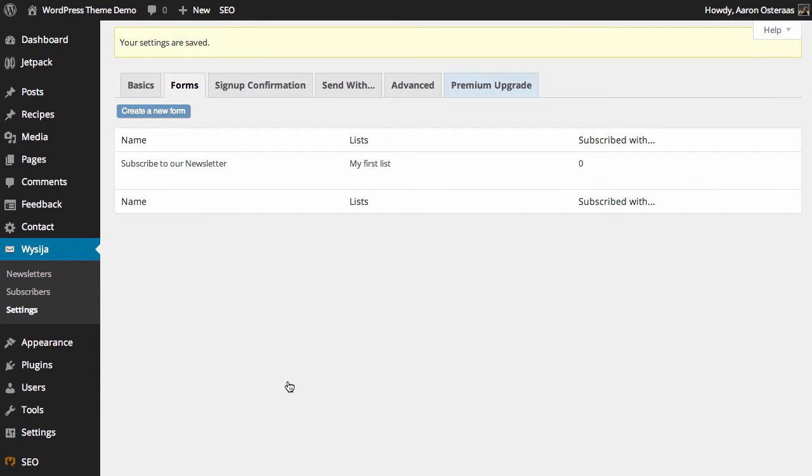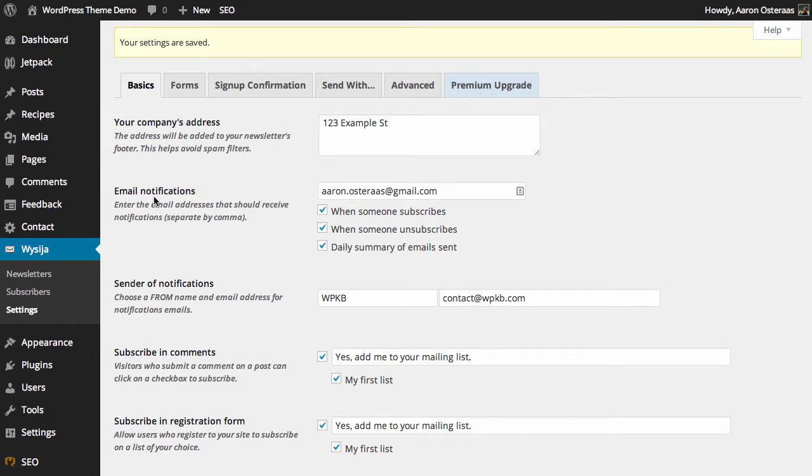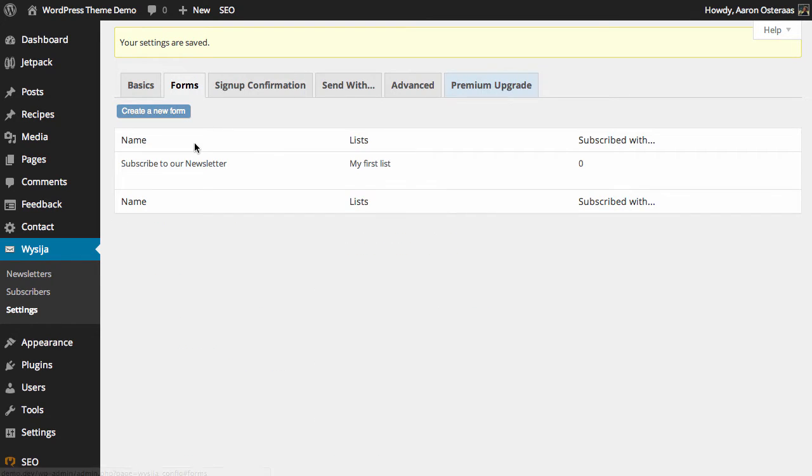In this tutorial we're going to show you how to create and manage forms in MailPoet. We're logged into the dashboard already and we have the plugin installed, and we've just gone through the basic configuration of this plugin. So if you haven't actually done that yet, I suggest checking that out. So it's time to look at forms, and we're going to look at how to create and manage and make